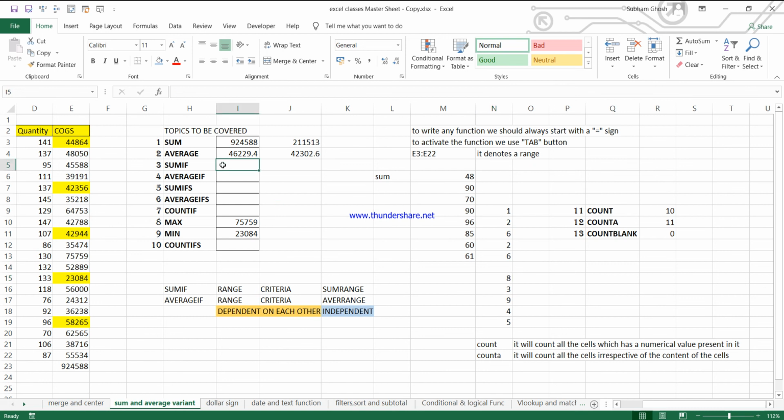Coming on to the next, there is a SUMIF function. Going on to the SUMIF, before going on to the SUMIF function,